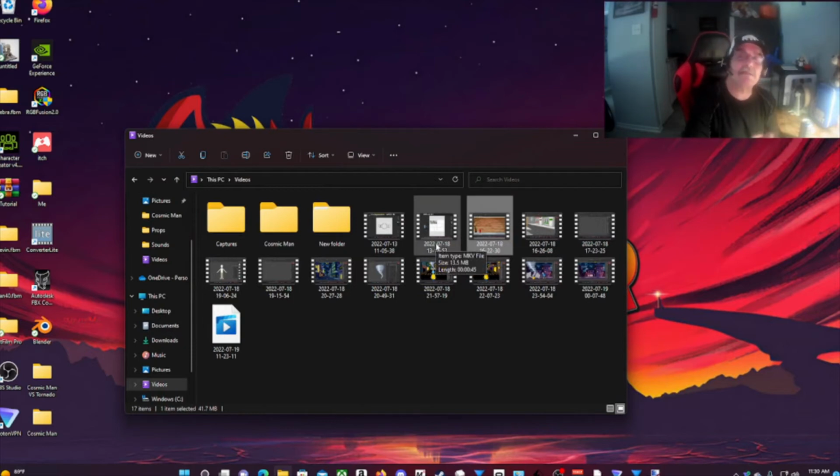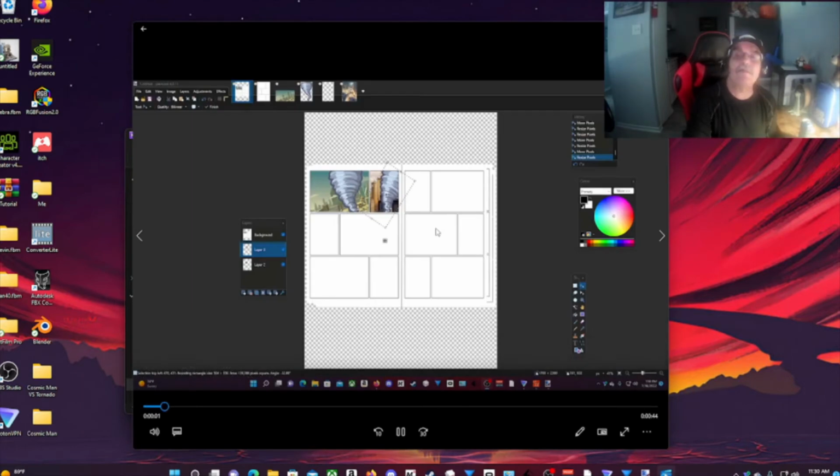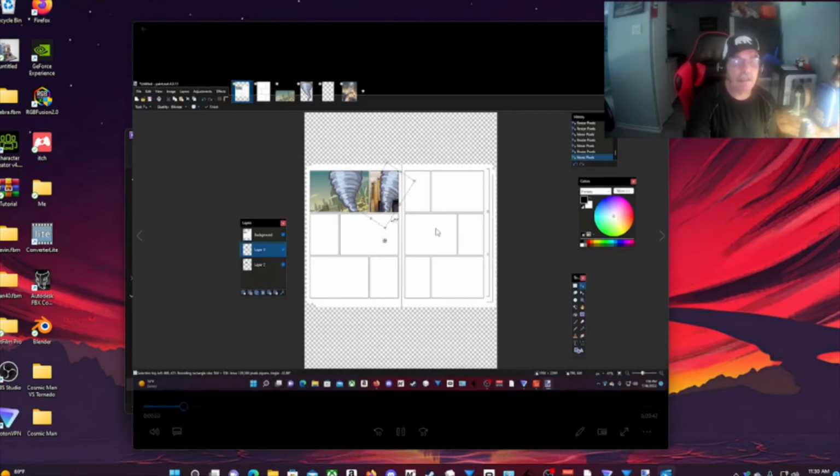Now, before I go to the next scene where he's reading the comic book, I'm going to show you how I created that comic book. Here I'm using Paint.net. I use Paint.net a lot because it's quick and easy, and it's a great alternative to Photoshop, and it's free.